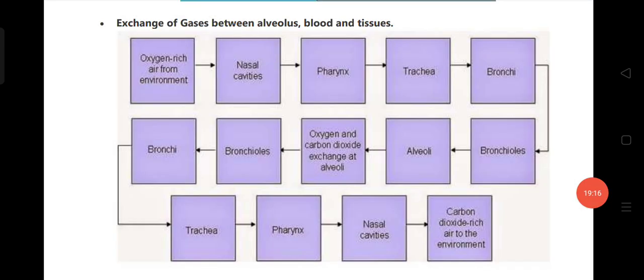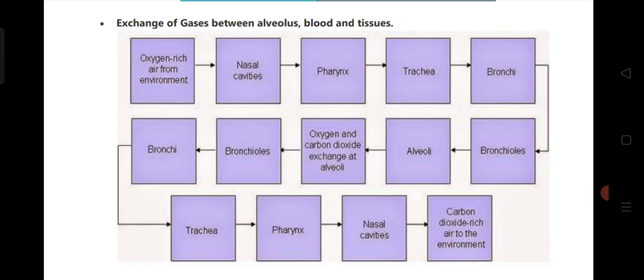So for the exchange of gases, we need the blood as well as the tissues and the alveoli. Now we are going to see how the exchange of gases occurs between the alveoli, the blood and the tissues. First of all, the oxygen-rich air from the environment, with the help of the nasal cavities,